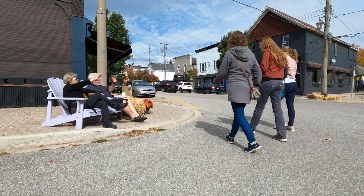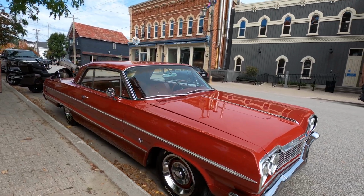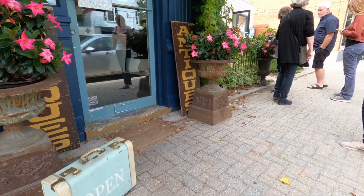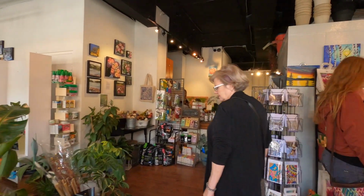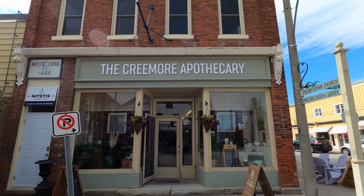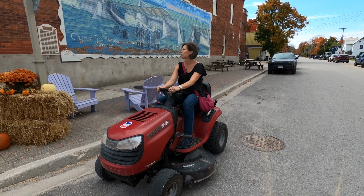I know you guys. We just absolutely love when you can still find villages and towns in America, in Canada, where there's unique stores. And this one's really cool because it's known for its brewery. And so far we've seen all different kinds of shops. Flower stores, boutiques, you name it, they have it all. They have all these herbs hanging up, so it smells really good. When in Canada,